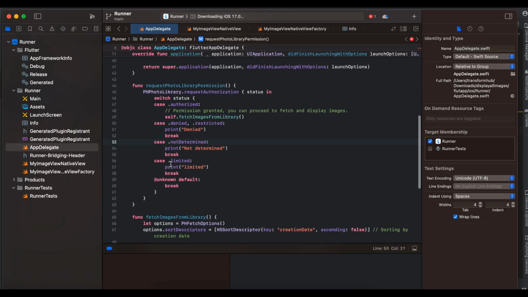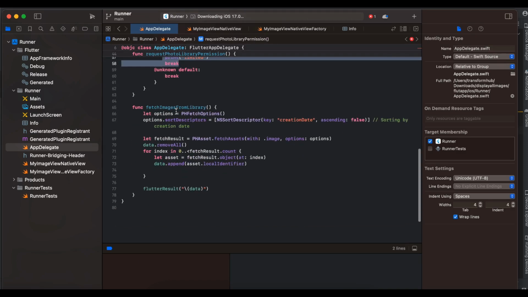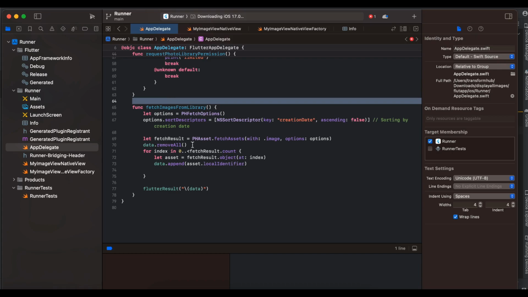Even if he has given limited permission, this app won't work, so you just have to give an error or something. Just for now I'm printing it to the console, and this is the code for fetching images from the library. And here you can see I'm appending it to our array, and while sending it to the Flutter side I'm converting it back to string. So yeah,